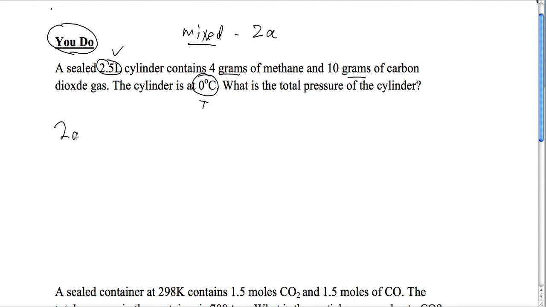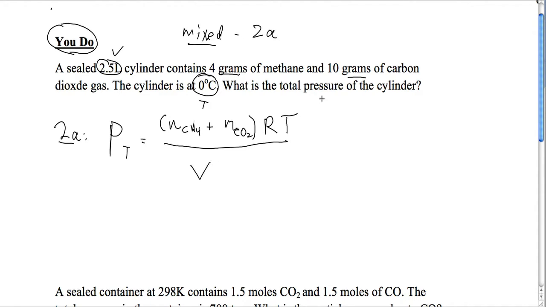Now we know that the version of equation 2a that I talked about said that P total is equal to the sum of the mole values. So in this case we have methane, which is CH4, plus carbon dioxide, which is CO2, times R times T